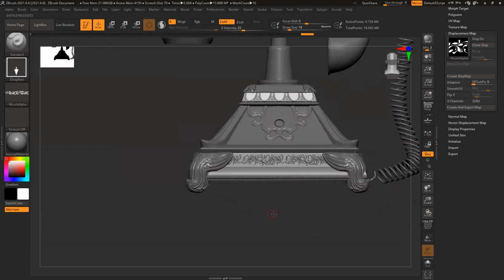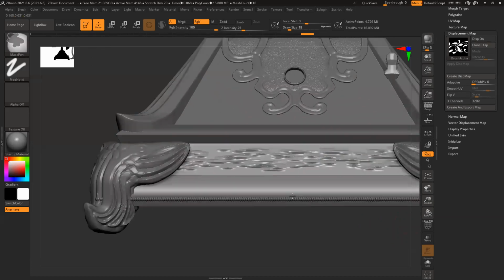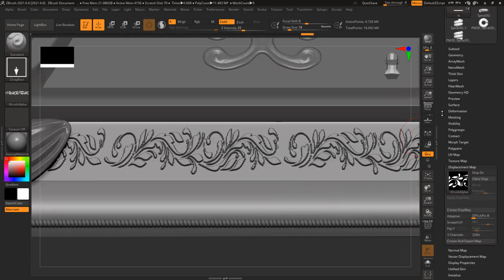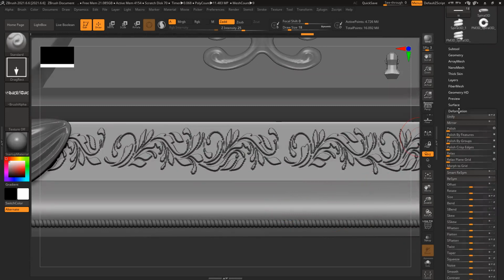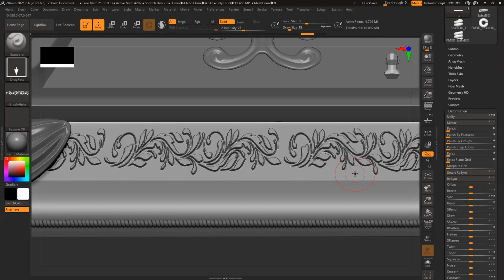The only thing is, it's not that clear. It's slightly blurry, so slightly pixelated. That is something we can control with this deformation. We can polish it slightly. Too much polish.